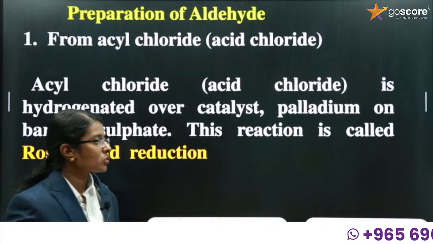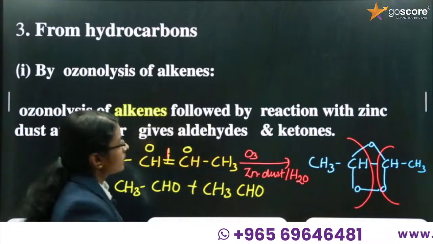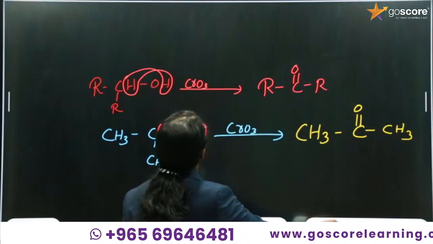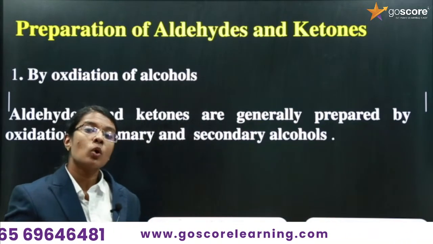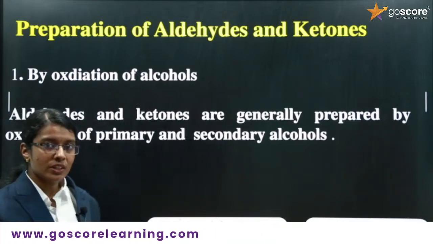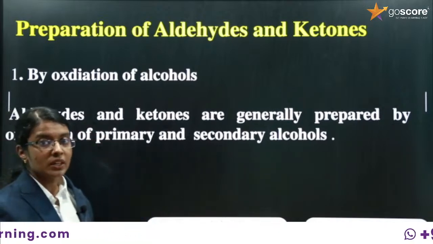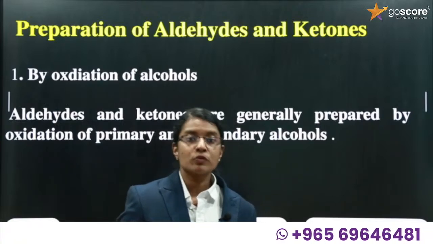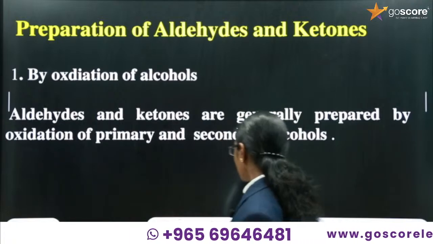Is that clear? So these are the methods of preparation for both aldehyde and ketone. The first method is by the oxidation of alcohol. If you are using primary alcohol, you will get aldehyde. If you are using secondary alcohol, you will get ketone. And the next method is